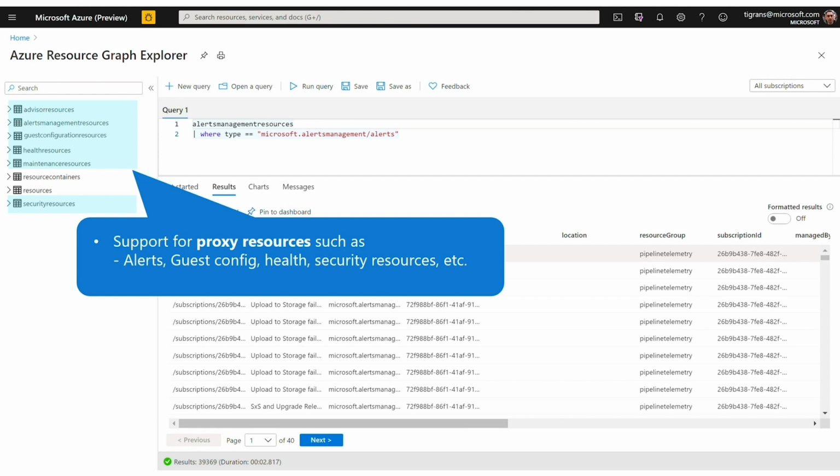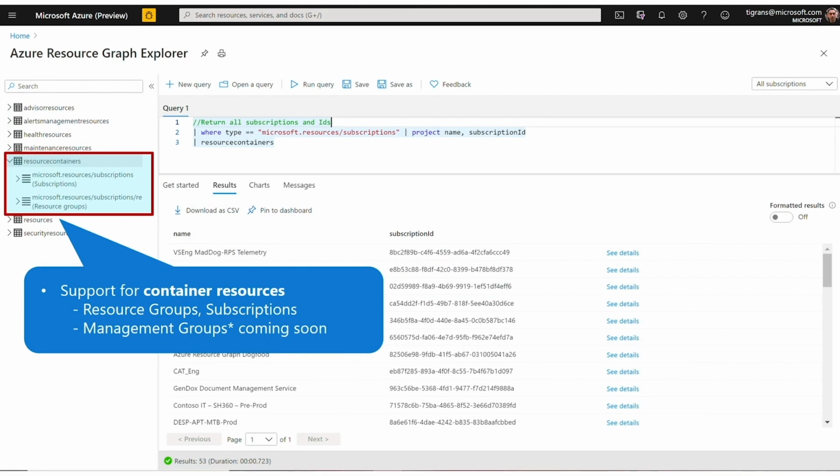But we have now also exposed these configurations as resources to be queried in Resource Graph, just like tracked resources. This will give you a much more comprehensive view of your overall environment. Along that same theme, we have also added resource containers such as subscriptions and resource groups to be queried in Resource Graph as well. So we're very happy to address this known gap for you. And the last piece of the puzzle that's left is coverage for management groups. And that's coming within a month or two, which is really, really soon.